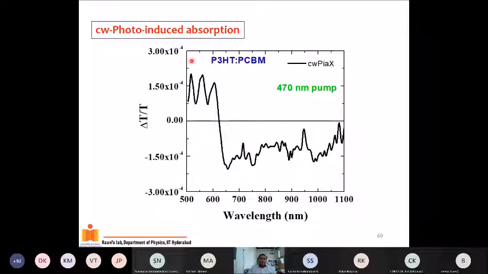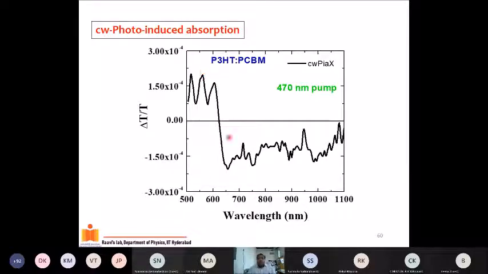Okay, so this is a simple example of how a CW photo-induced absorption looks for a P3HT PCBM blend. If you look at it, this is happening at long time scales, in millisecond time scales, and the negative data you're going to see is the absorption of the charges which are surviving after a few milliseconds. Meaning, once you generate charge in your blend, it stays without recombining. When it doesn't recombine in your thin film, if you put an electrode, these charges which do not recombine go to the electrode and generate the current. Okay, they participate in the photocurrent.